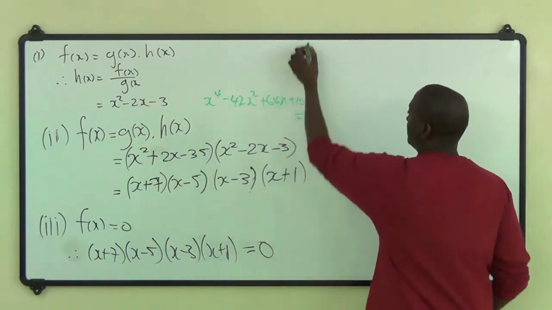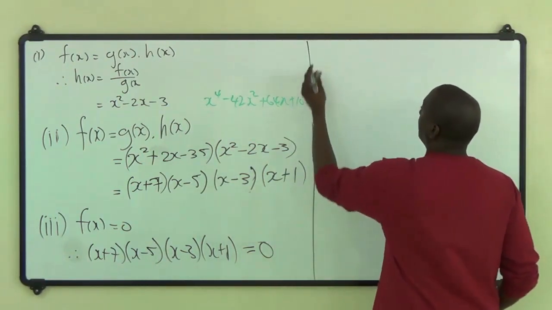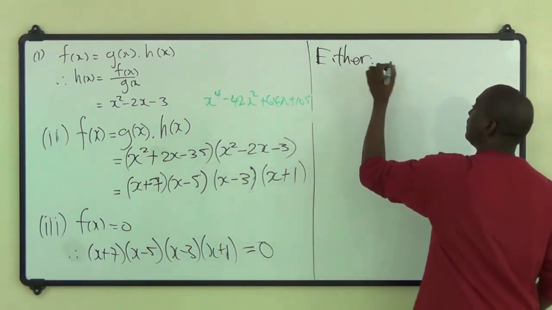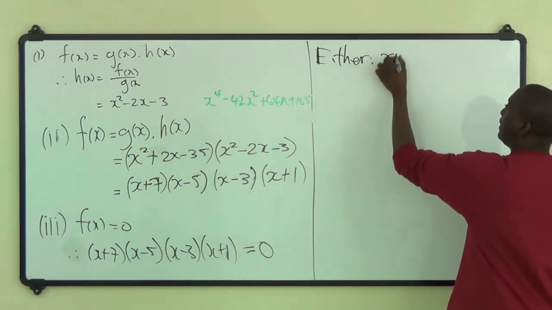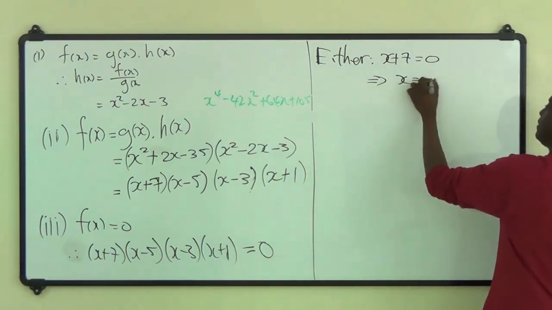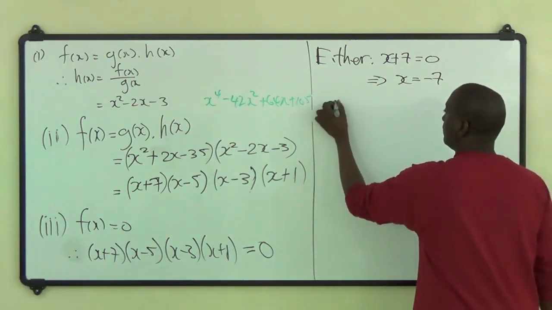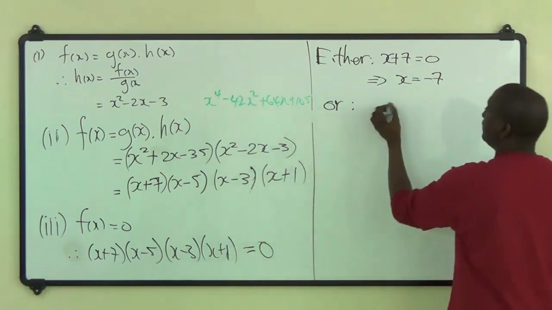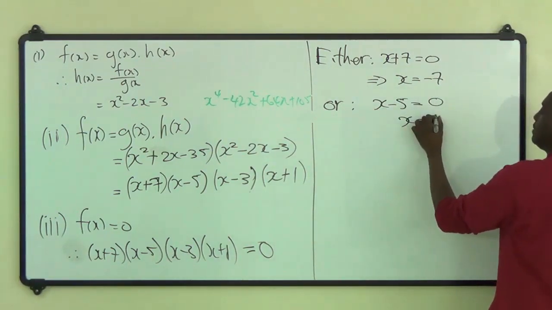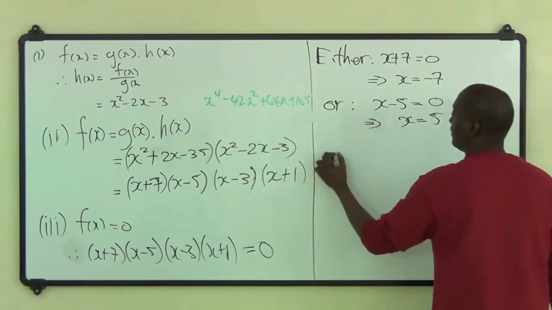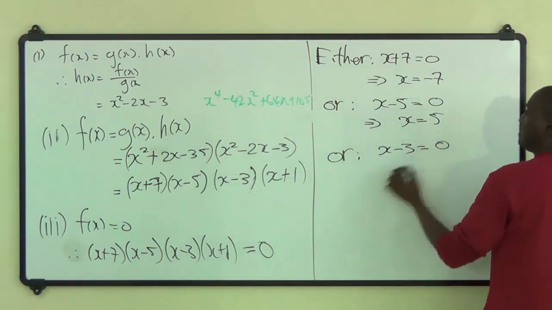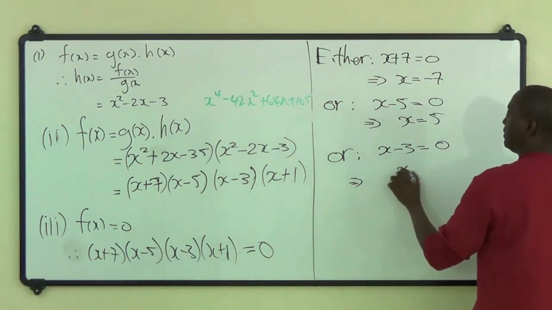So we continue on part 3 now, and we say either we start with the first one, x plus 7 is equal to 0, in which case x equals minus 7, or go to the second one now, x minus 5 equals 0, in which case x equals 5, or you go to the next case now, x minus 3 is equal to 0, in which case x equals 3,